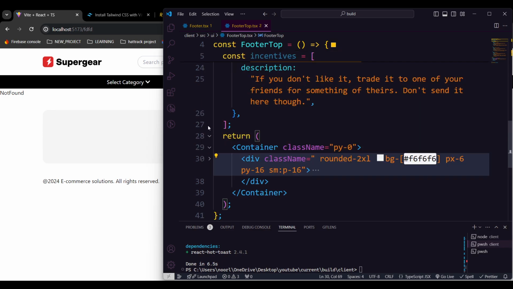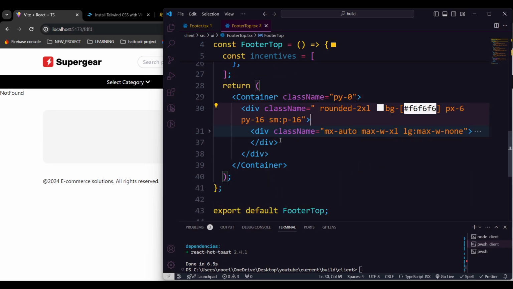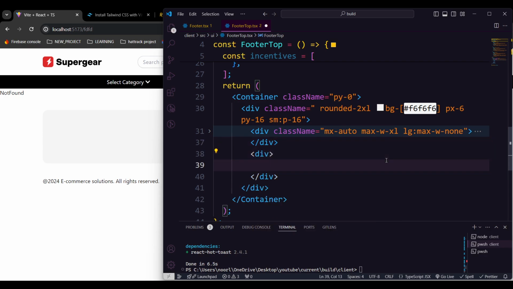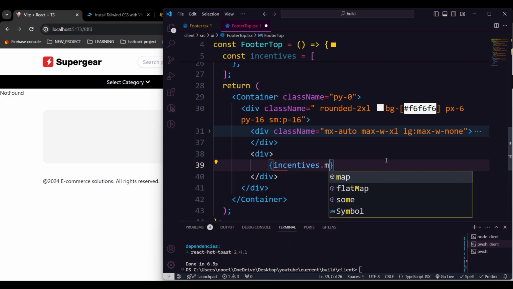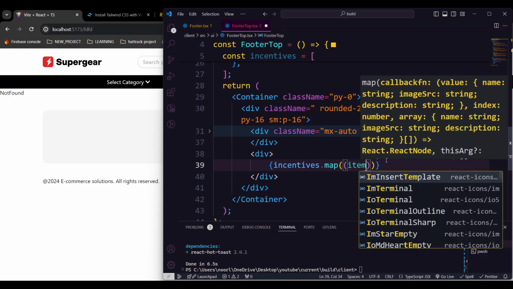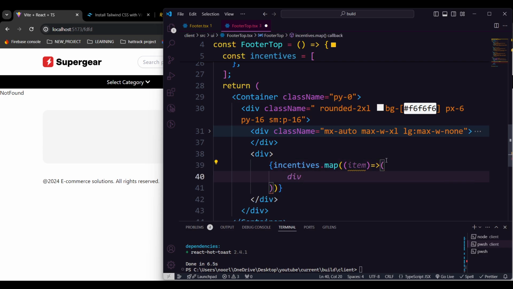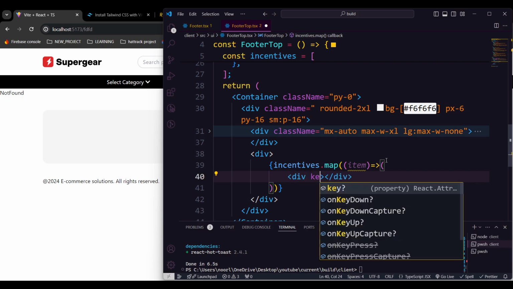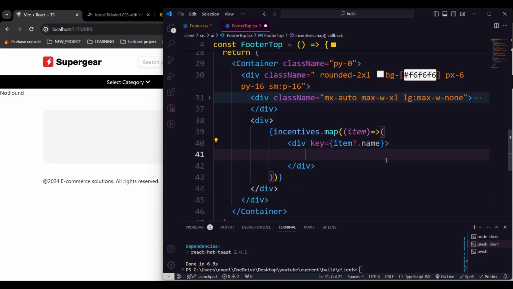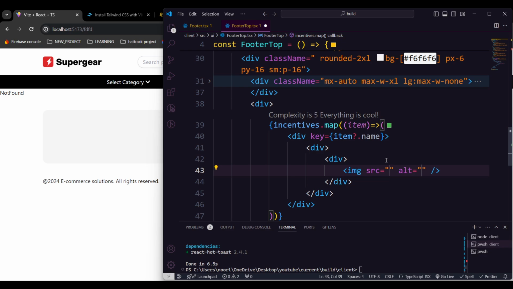So remember, I believe this is the positioning we have done. Now after that, we need to grab one div which will go with incentives.map. We can make it incentive, or we can just put that as item. And in that item we can grab a div, and the key should be item.name. Fine. And after that we can take a div and then another div, and then I'm going to grab the images